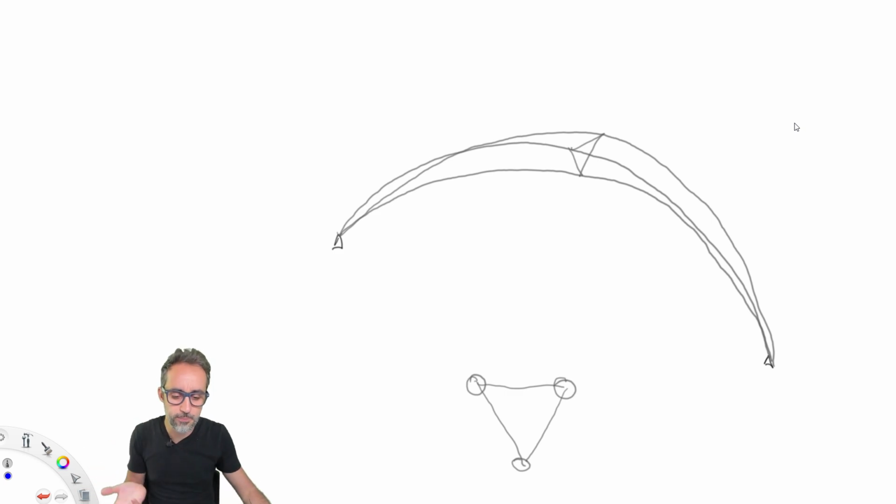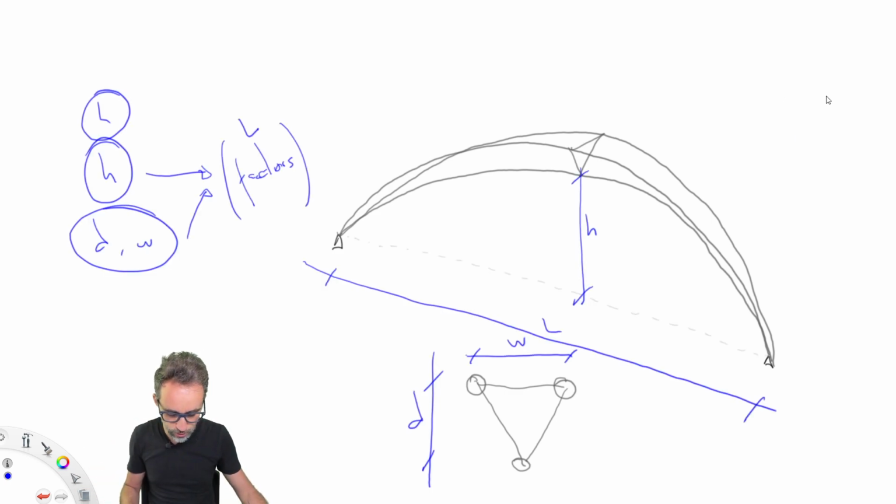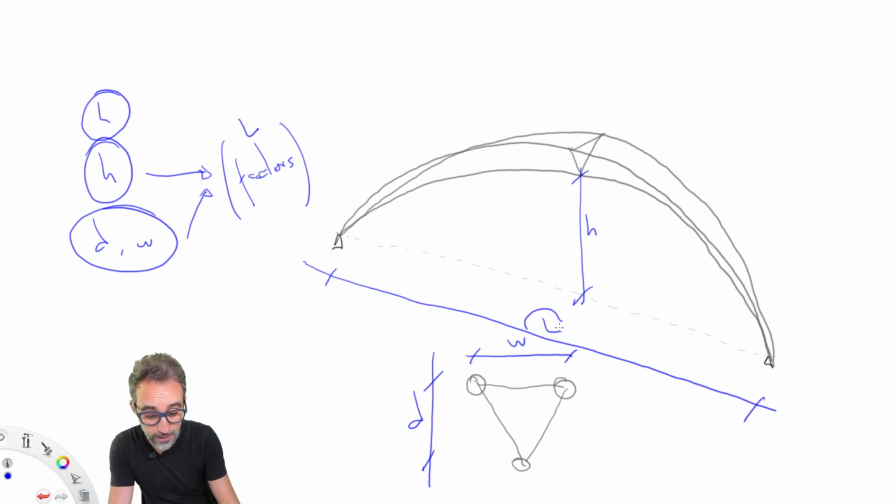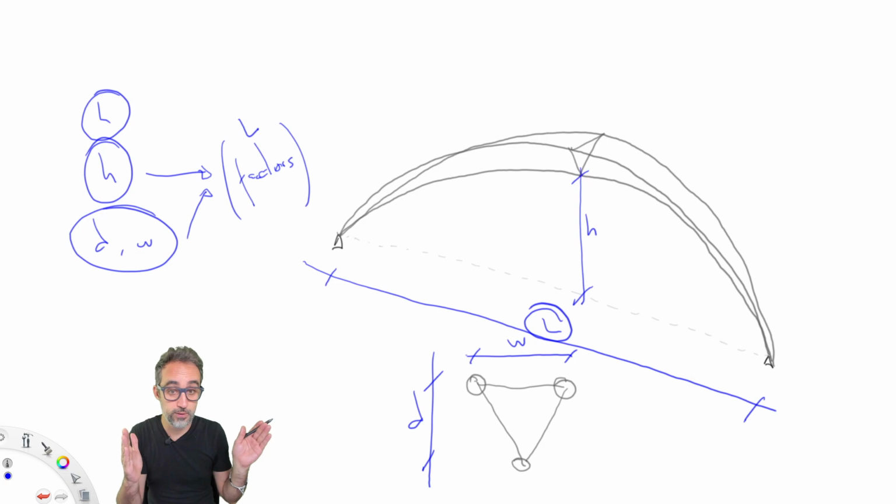And then probably the parameters that I will want to control here are going to be the following. I will probably want to control the length between the spans, which is not going to be direct. It's going to be, as we said, implicit based on where the two points are.